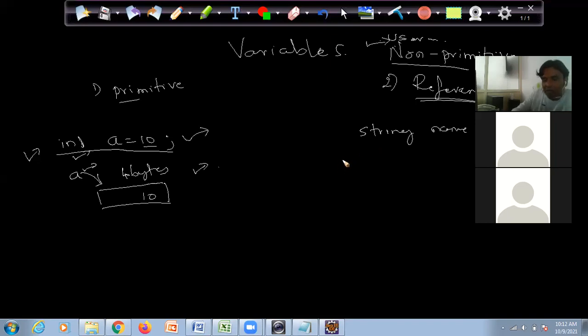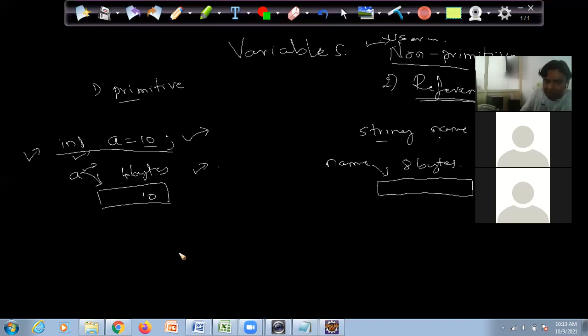Next, when it comes to a reference variable, String is a reference variable. For the name variable also, JVM is going to allocate some memory. How much memory? The default for any reference variable, not only name, is that JVM allocates 8 bytes of memory. Any example for another reference variable?